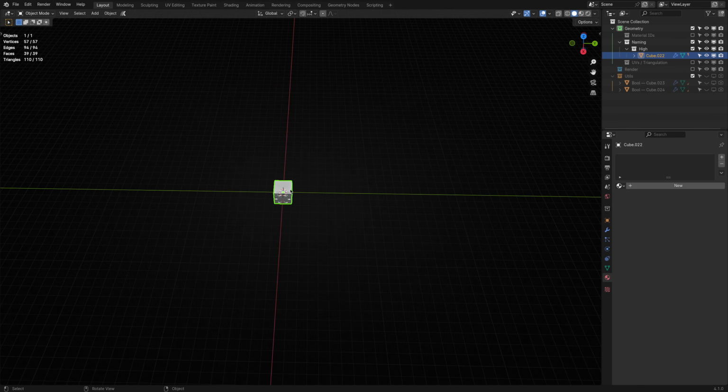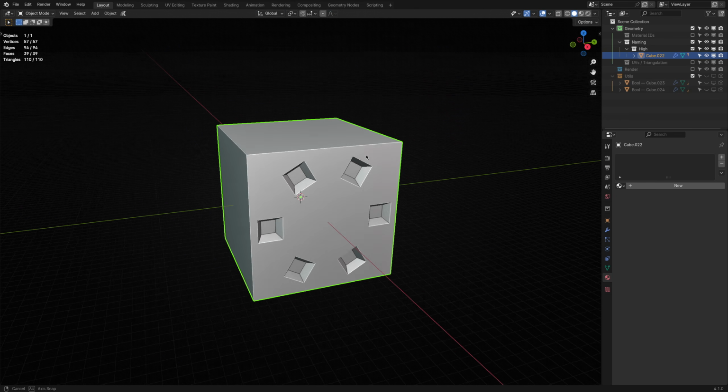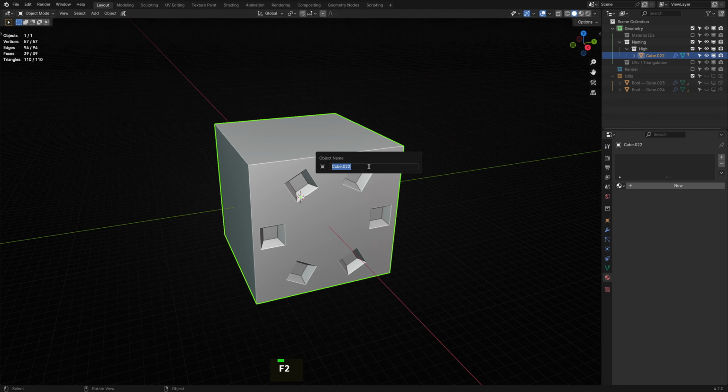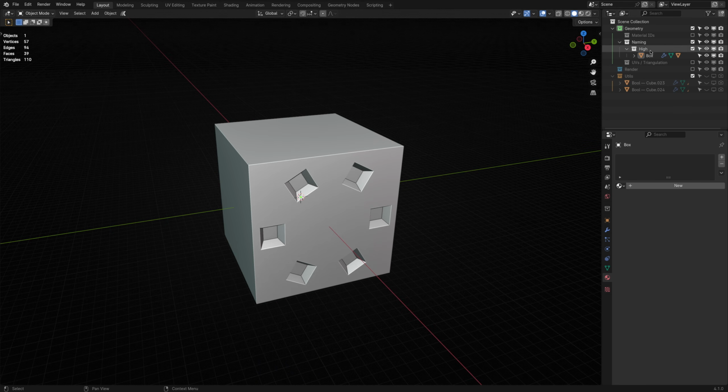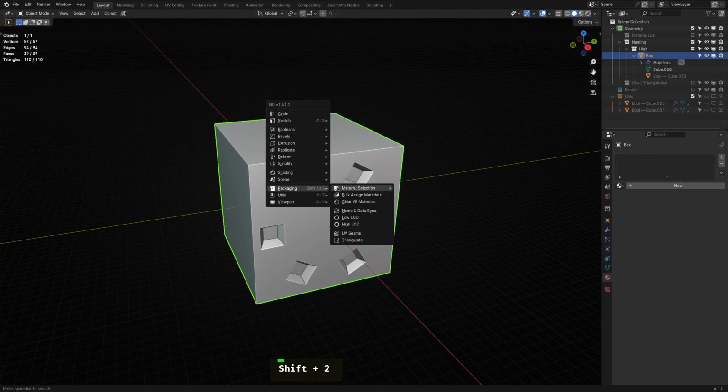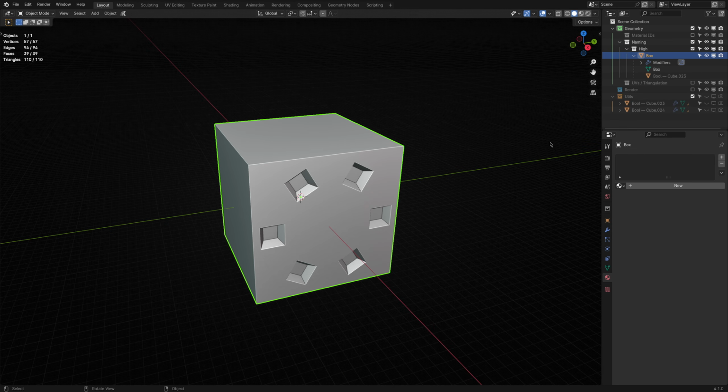Okay, let's move on to the next set of operators, which deal with object and mesh names. Here I have an example of a high poly object. I'll start by giving it an incredibly verbose and descriptive name. When you name an object in Blender, only the object's name changes, but the mesh name remains unchanged. You'll want to update the mesh name to keep things organized and have your names consistent. I only have one object here, so this exercise isn't entirely taxing. However, if you've just gone through the process of naming 10, 20, or 100 objects, you're probably not in the mood to do it all again for every mesh. So, select the objects you want to tidy up and choose Name and Data Sync.